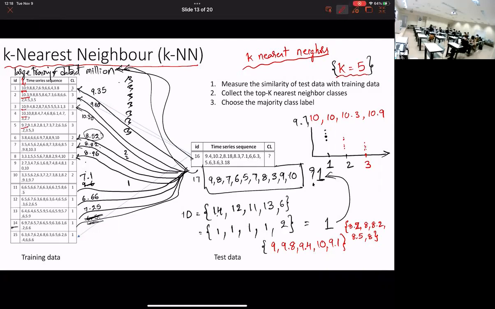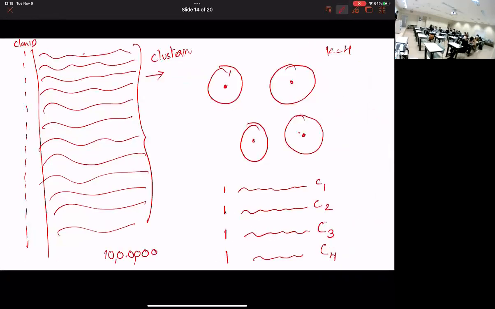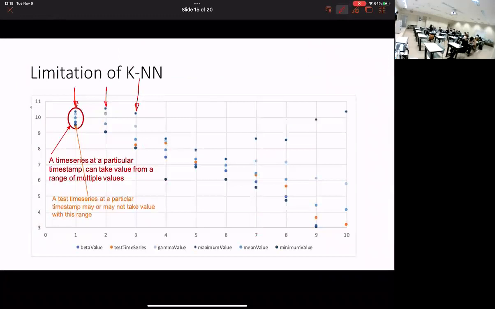Okay. So the timestamp values can vary. In that case, choosing only one is wrong, he says. So these are the values. If they are varying like this, and the test case can take any value, his idea is very simple. These are the values, right? So you make a